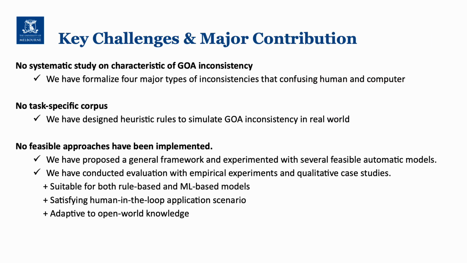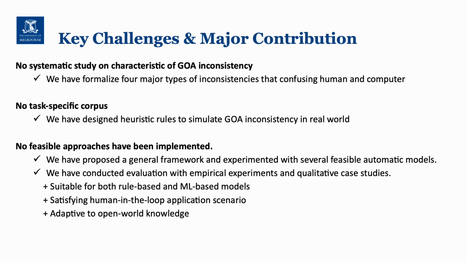We propose solutions to these three major challenges. The first challenge is, to the best of our knowledge, there is no systematic study on inconsistency characterization of GO annotation. Most of the papers were discussing the concerns of several database quality issues on a high level. Some papers do have grounded studies, but we're focusing on sequence-based GO annotation. We reviewed and integrated several curation guidelines, orally communicated with expert database curators, and formalized four major types of literature-based inconsistency. These four inconsistencies can confuse either human or computer.